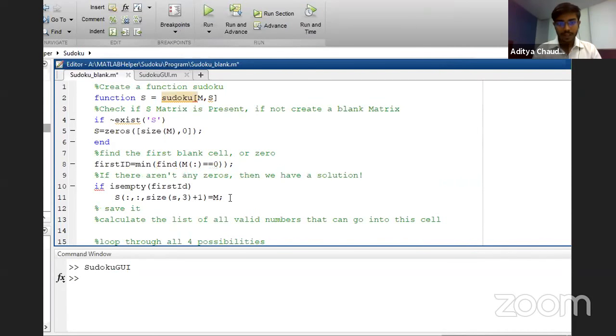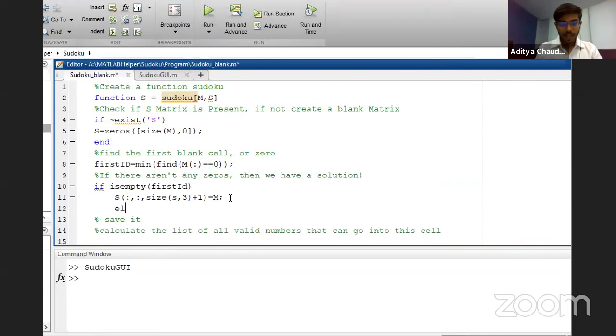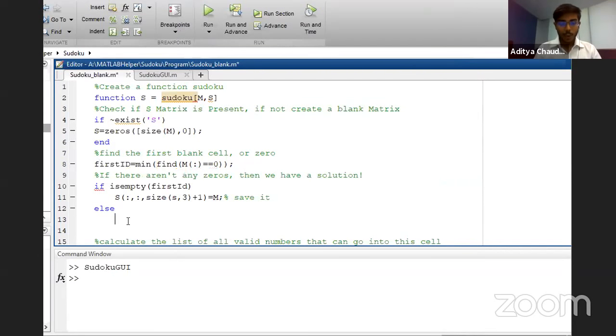Terminate the sentence as well. And else, now else is something which we need to look for. Now, if there's no value, if it's not empty, so we'll be using a function which is I comma j. And guys, if you have any problem or if you're not understanding anything, just comment down in the YouTube chat section so that even I can understand where exactly you're facing the problem. So we'll be using this function over here.